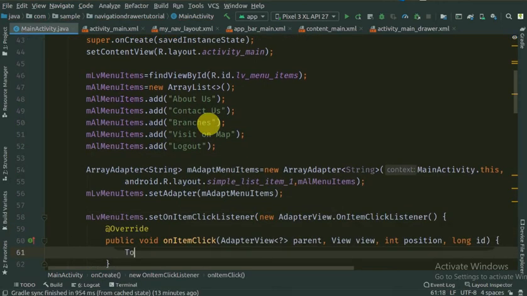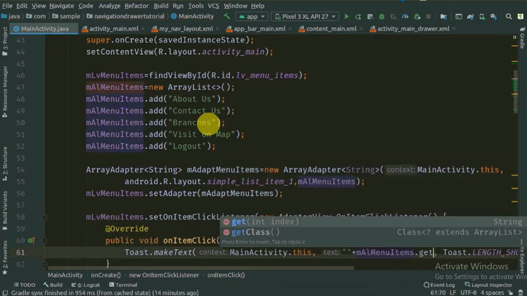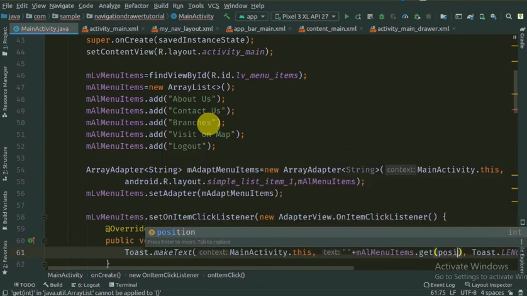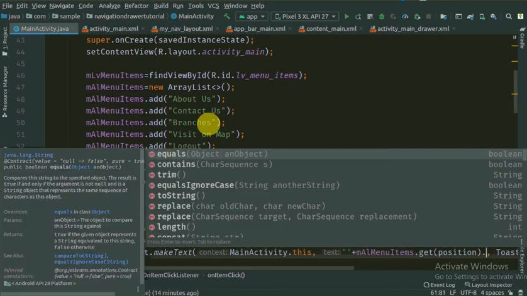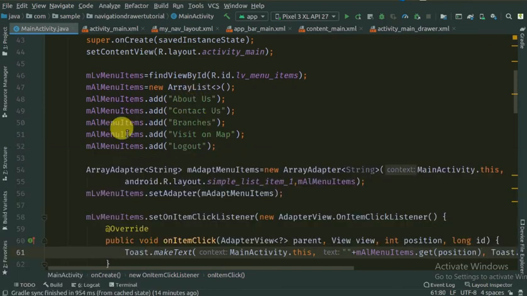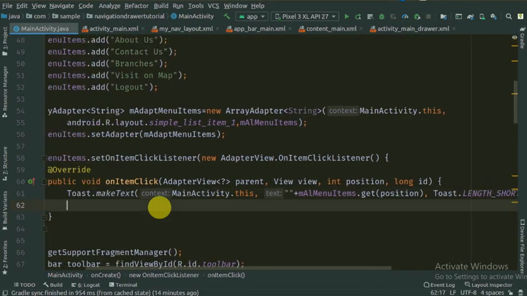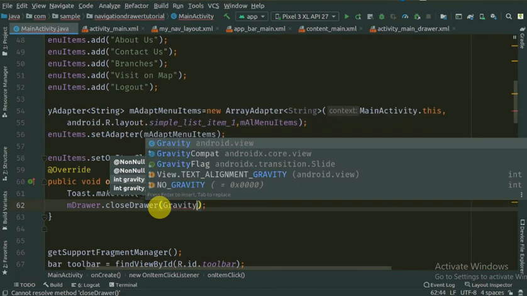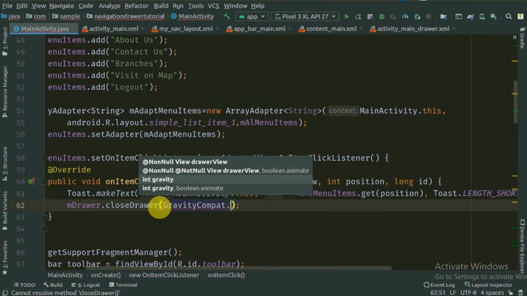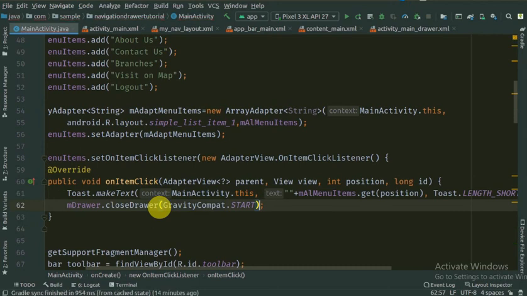Okay, let's just display a toast over here, displaying the selected item, and closing the drawer. So we have to close the drawer here, drawer.closeDrawer, GravityCompat.START. Okay, that's fine.